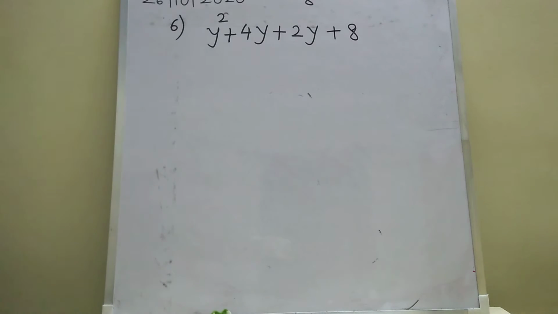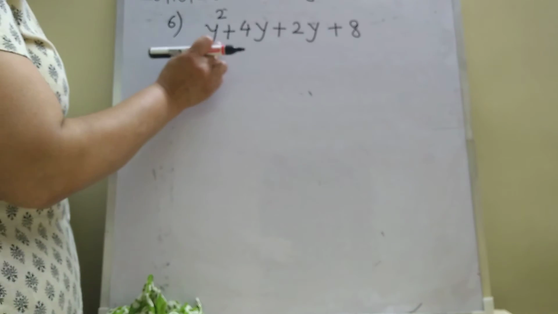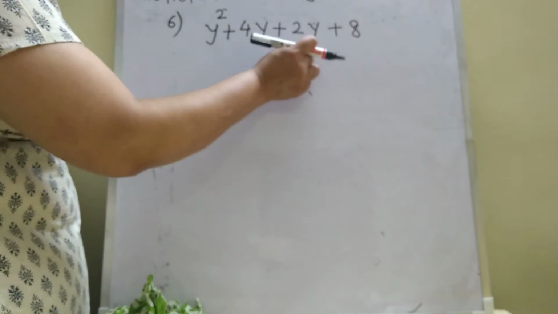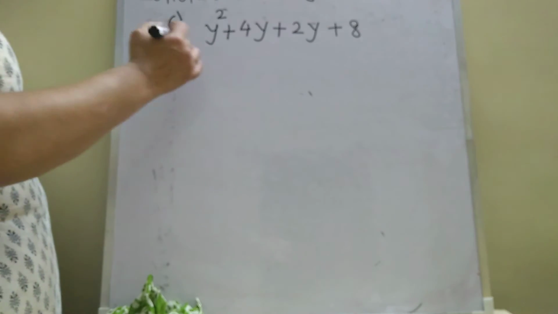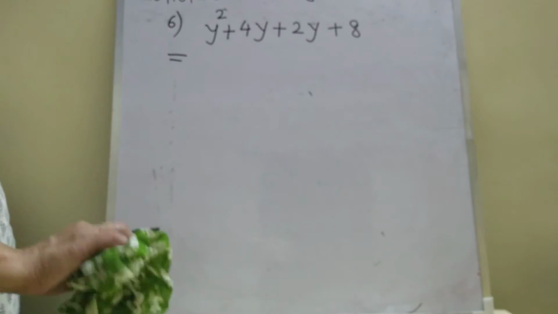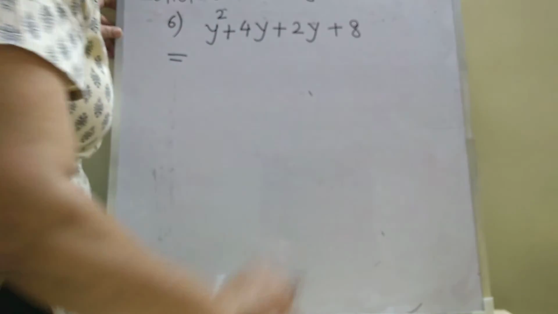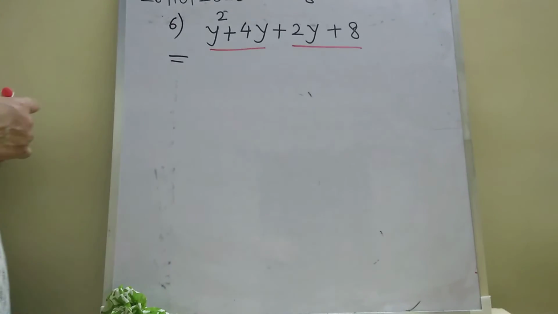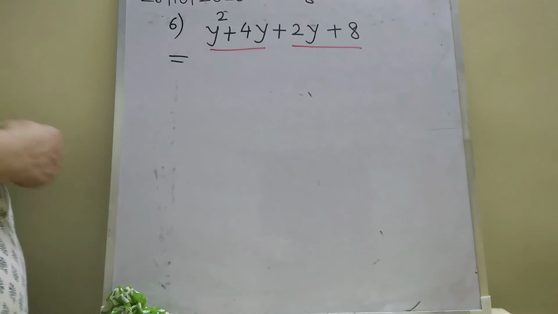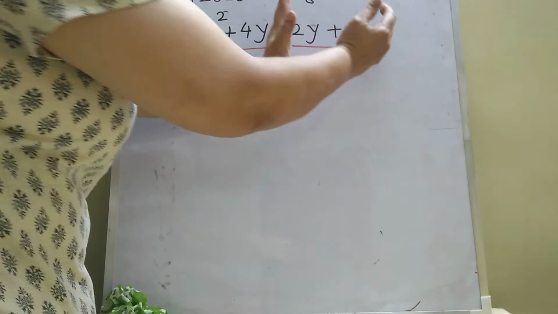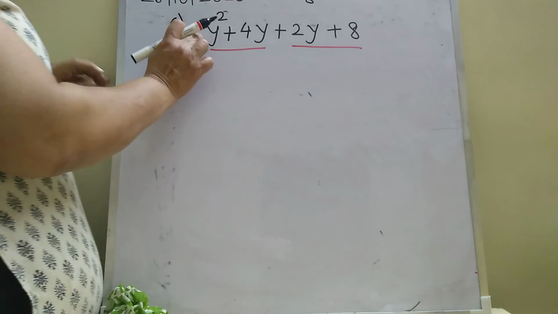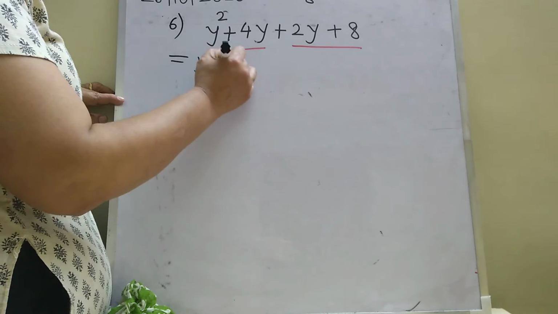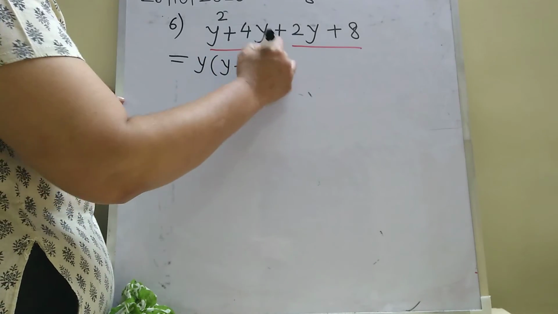Now here how many terms are there total? 4 terms are given. If you see, nothing can come outside the bracket as common, because if you try to take y, what is going to happen? Here y is there, here y is there, but here y is missing. So what is the method of factorizing this now? For this factorization, we are going to group the terms. Group means what? 2 we are going to pair them. We will make 2 groups, and we'll think about this part separately and this part separately. Now among this, what is common? So y is common, and I am getting in the bracket y plus 4, correct?